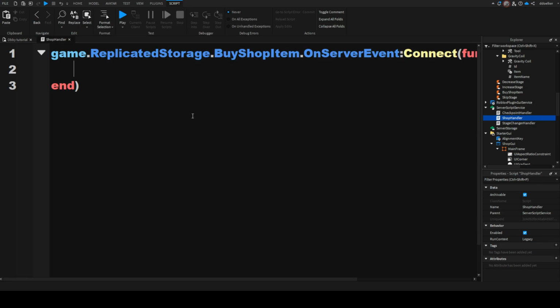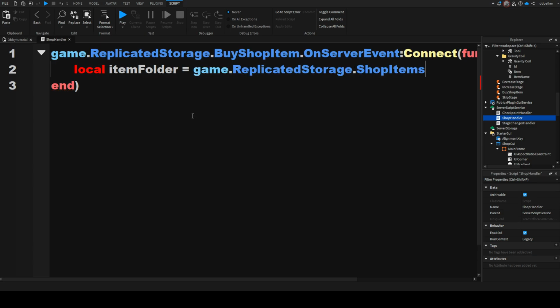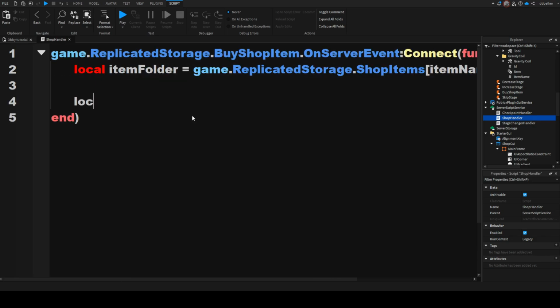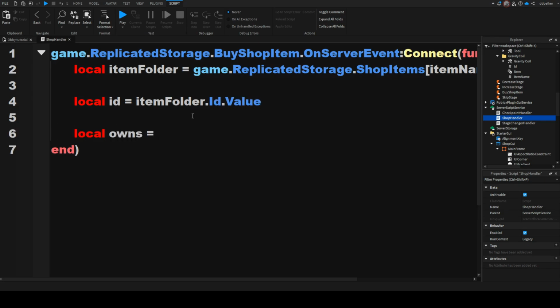Then we're going to get a variable: local itemFolder equals game.ReplicatedStorage.ShopItems[itemName], drop two lines, local id equals itemFolder.id.value, and finally drop two more lines, local owns equals to,